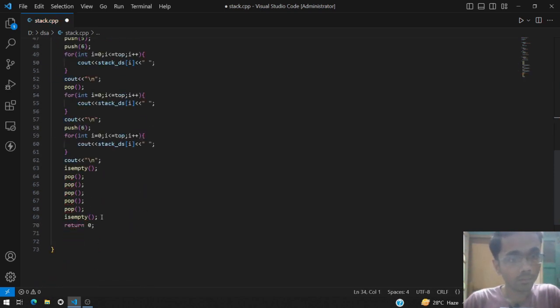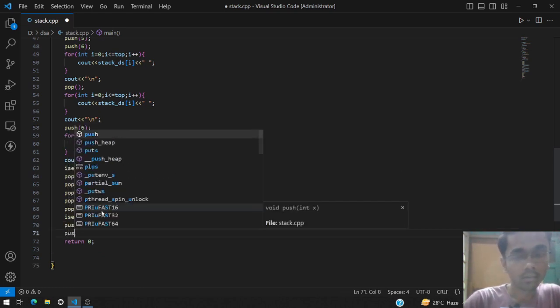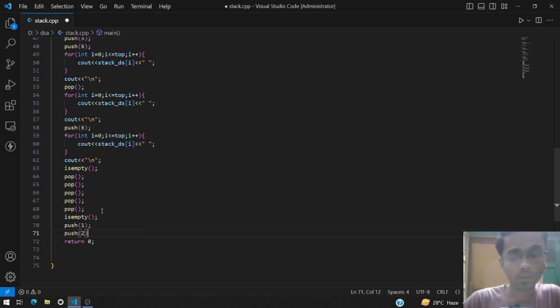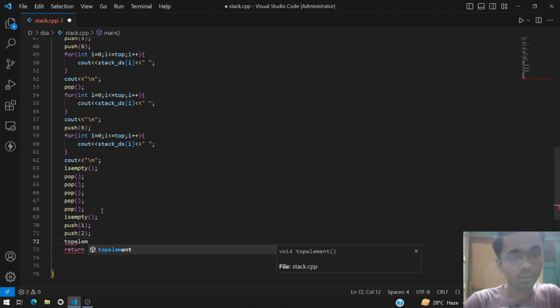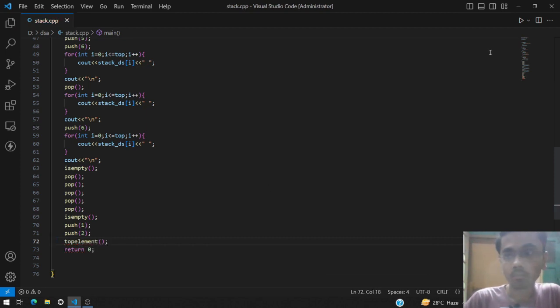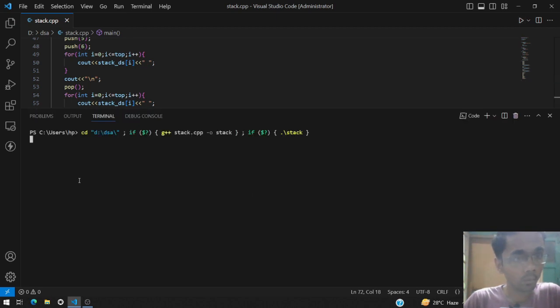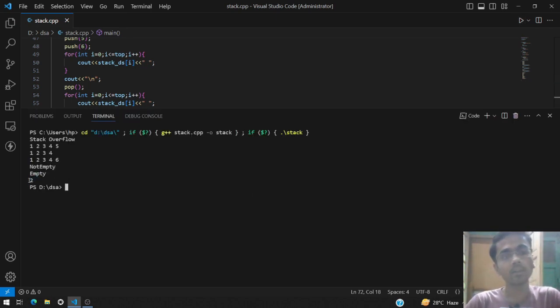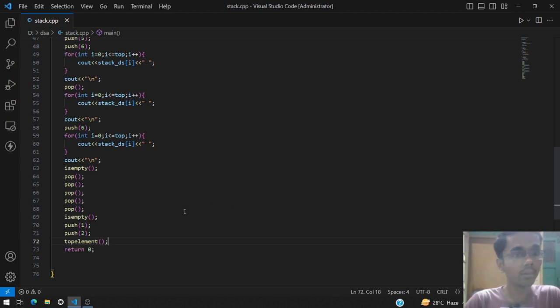So let us see if this is working. Again we will insert some elements, push 1 and 2. Now if we want to see the top element, it should display 2. Yeah, we are getting the top element as 2 because we have inserted 2 elements, so our top would be pointing to this element.